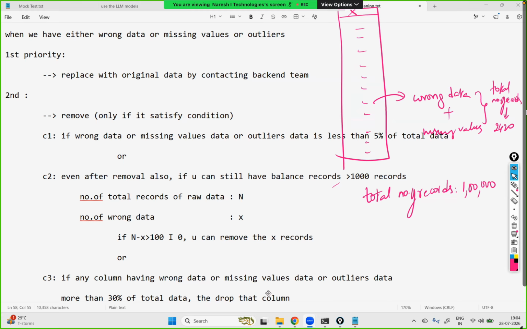Earlier also I have told you multiple times. So, the first priority is to contact the backend team. That is the first priority. Done? Now, for example, your backend team has concluded that whatever data they are having, the same data they have shared with us. There is no original data with us. That is the conclusion from the backend team. Then